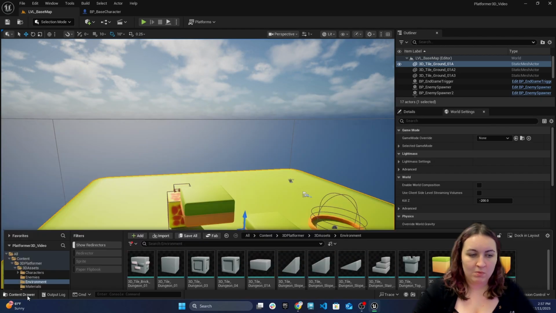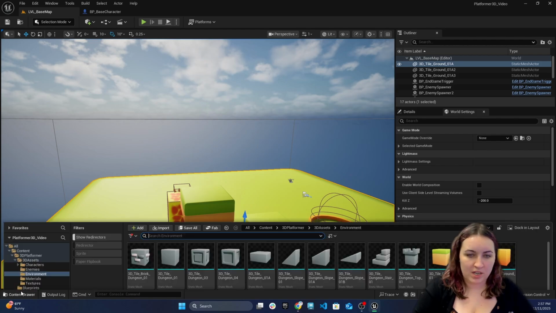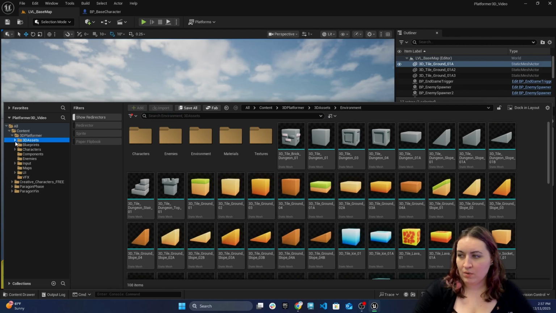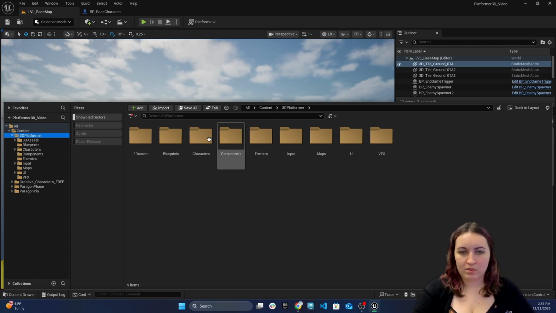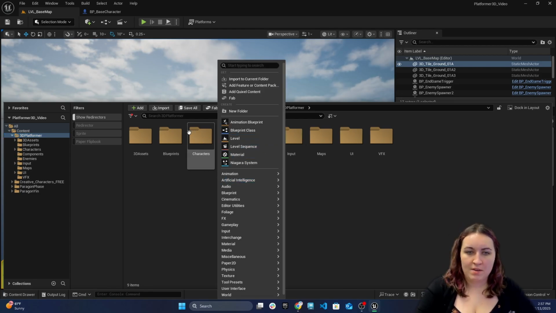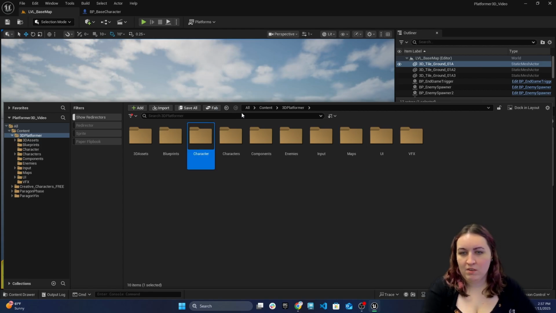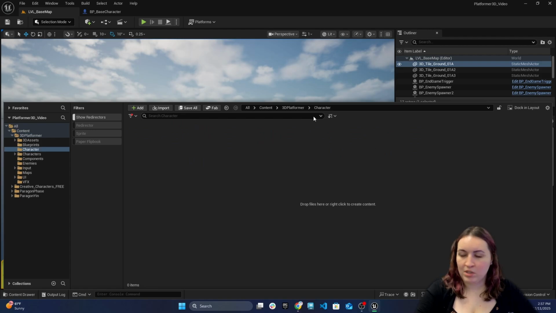And again, you probably want to have one big large one that you have here too, to just walk around on. So now that you have that, we are going to create our character. So you're going to create a folder for your character. I have a lot of extra folders in here, so just ignore them for now. But you're going to create a folder or somewhere that you want to organize to actually put your character content